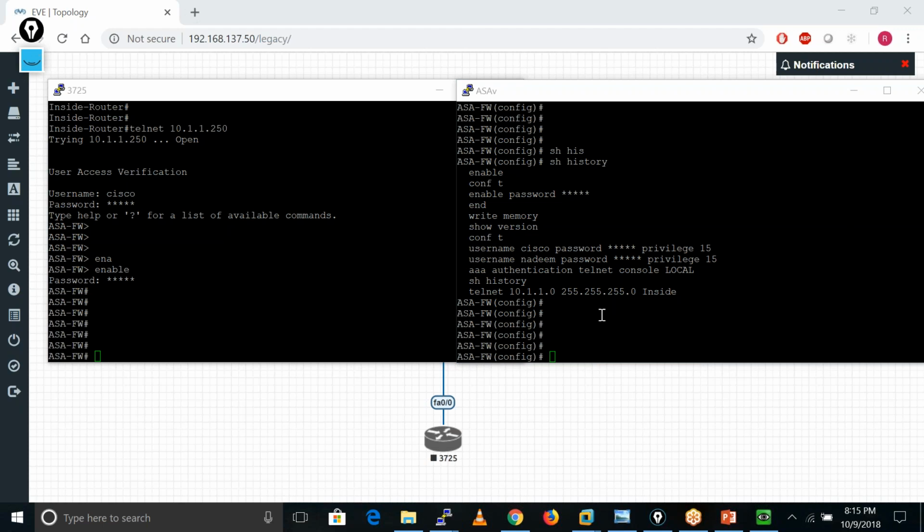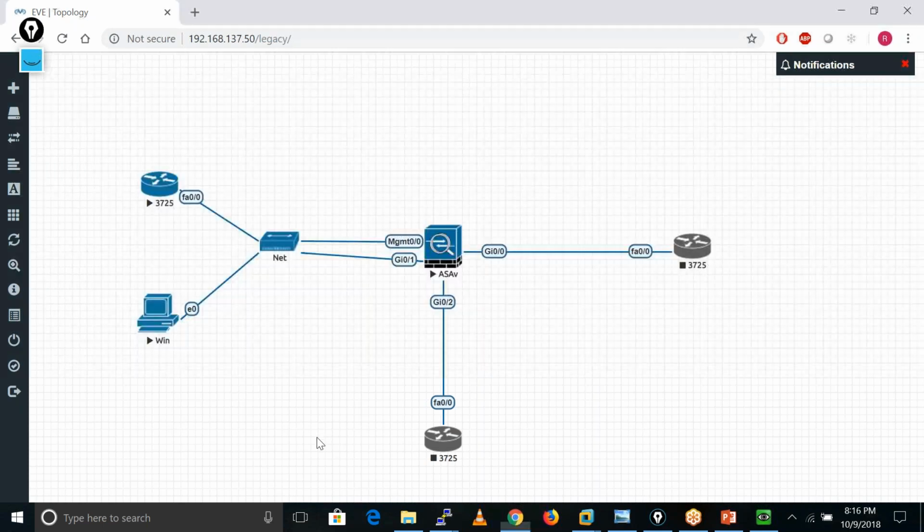So basically, we configure telnet or SSH on the Cisco ASA firewall to get remote access to this particular device. Let's suppose this ASA is available in our data center, and you are sitting at your desk and want access to this firewall. How can you access it?